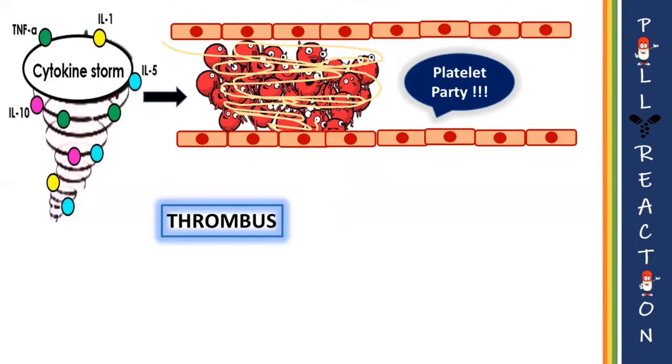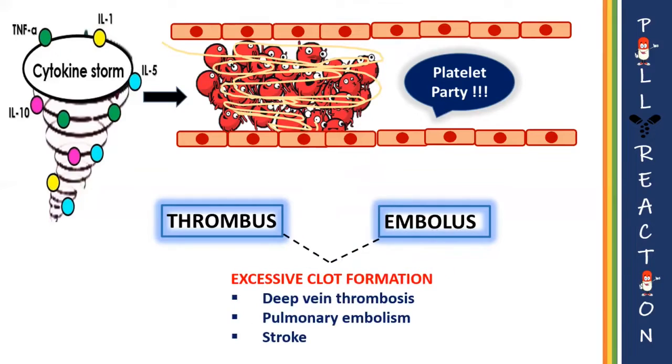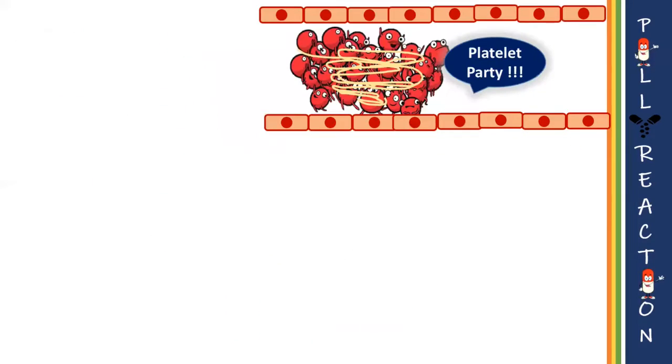And this thrombus can lead to embolism. That is, it can block the blood flow at a capillary of, let's say, the heart, kidney or a lung, and block the blood supply to other vital organs. This cytokine storm will lead to multi-organ failure, and this is what is happening in most of the COVID-19 patients undergoing death. This is the blood vessel where thrombus is formed.